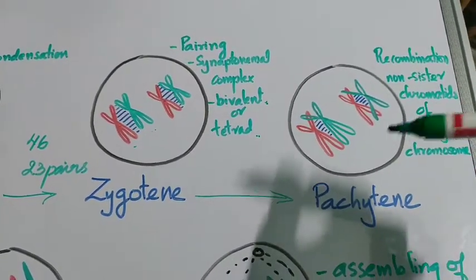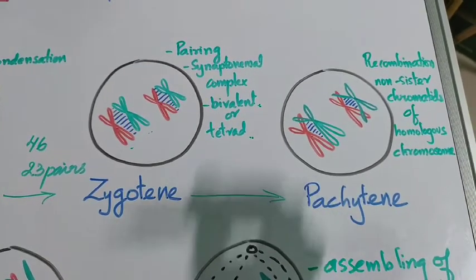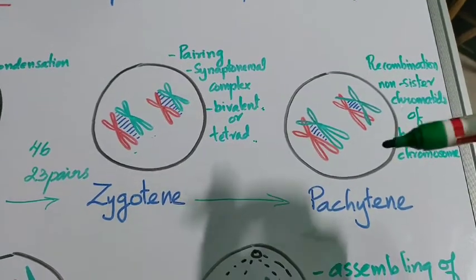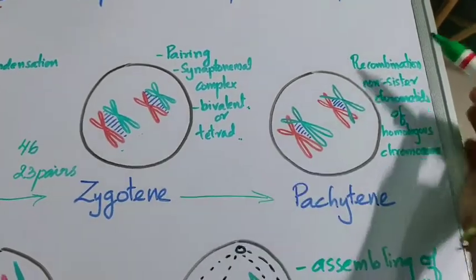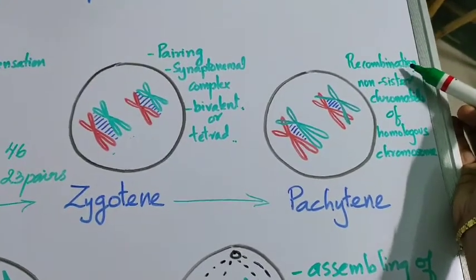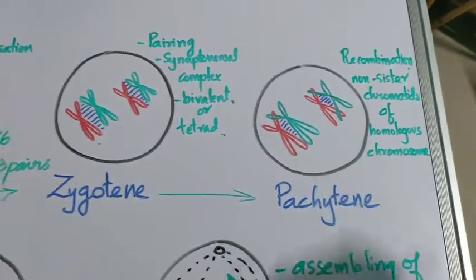One of the very important things: you take multicellular organisms, the great variation, you learned about variation in 10th standard, the great variation seen in different organisms. One of the reasons for such variation is recombination. Recombination എന്ന് പറഞ്ഞ പ്രോസസ് കാരണമാണ് a lot of variation we can see in our surroundings.